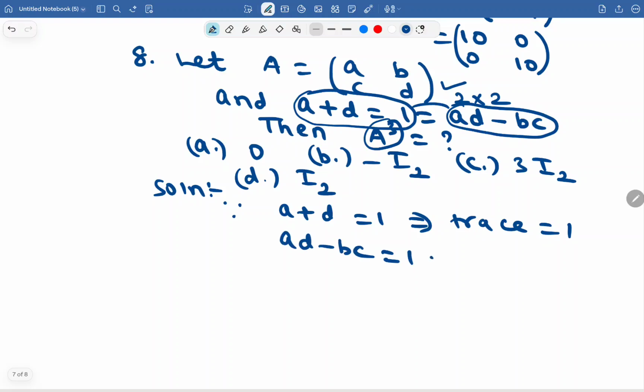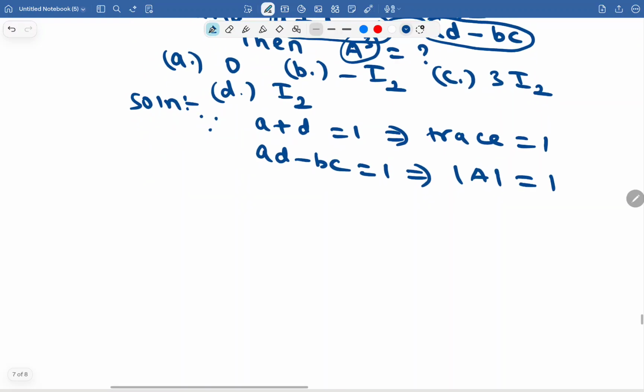AD minus BC equal to 1 means determinant of A equal to 1. We know a well-known result, trace is nothing but sum of the eigenvalues, which is 1,